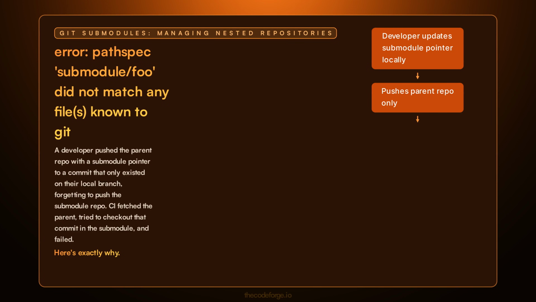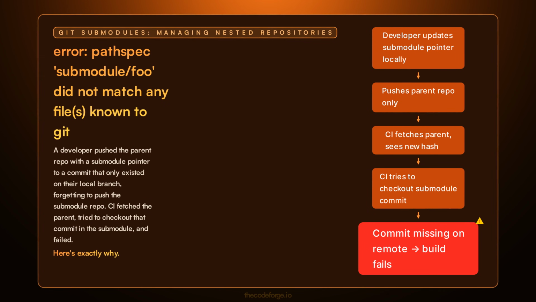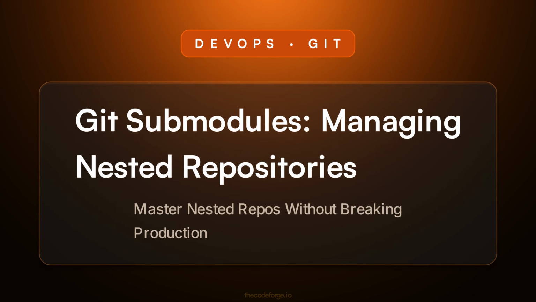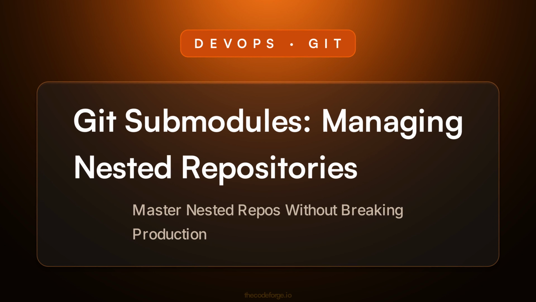Your deploy pipeline just failed with "pathspec did not match any file." The submodule commit doesn't exist on the remote because someone forgot to push it. Here's exactly why. Let's break down Git submodules, managing nested repositories, how it works, and the exact mistake behind that